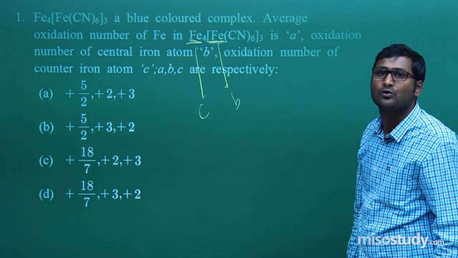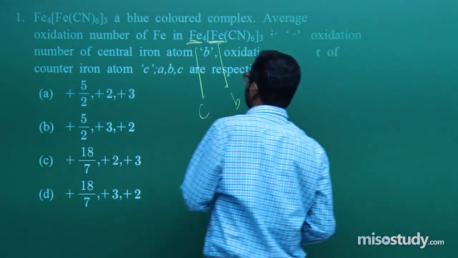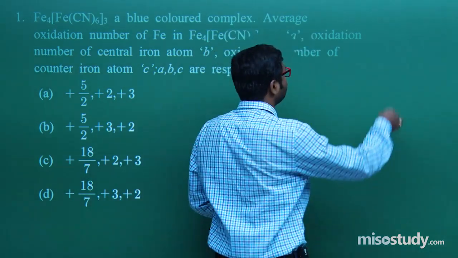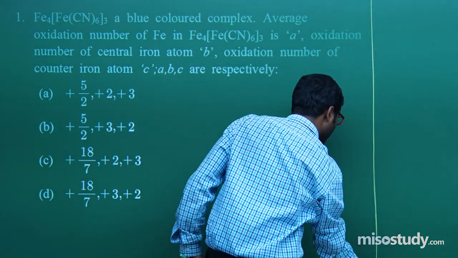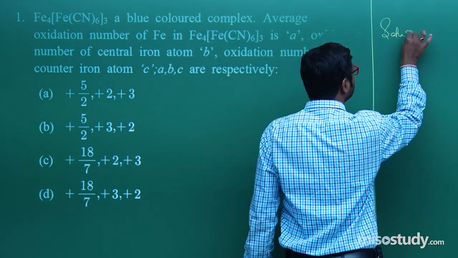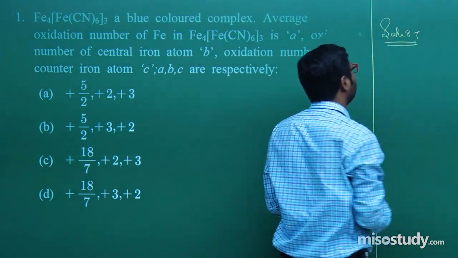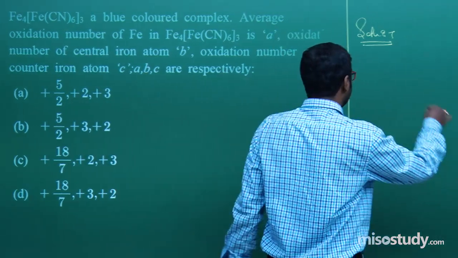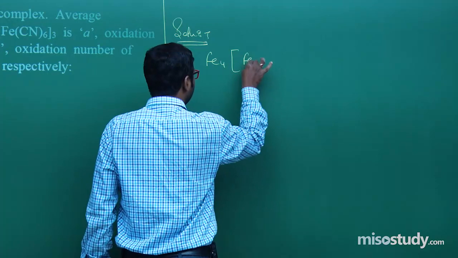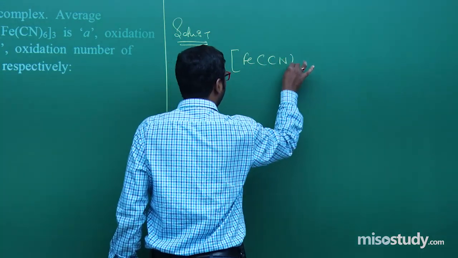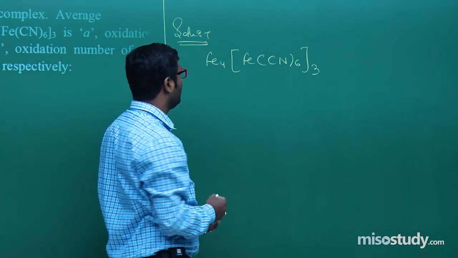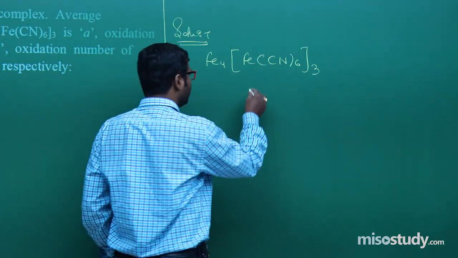So let's start how to solve the question. I'm giving you a detailed solution, then we'll discuss the answer. Solution of this question, look at what I'm telling, listen carefully. The compound here is Fe4[Fe(CN)6]3. This is the compound. Now it will dissociate like this,